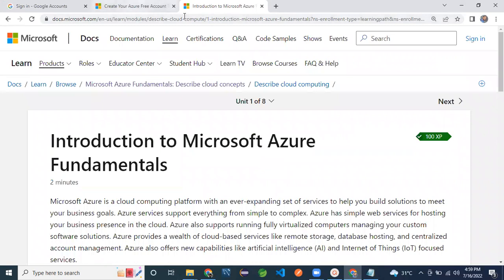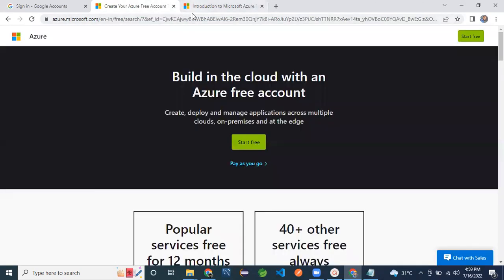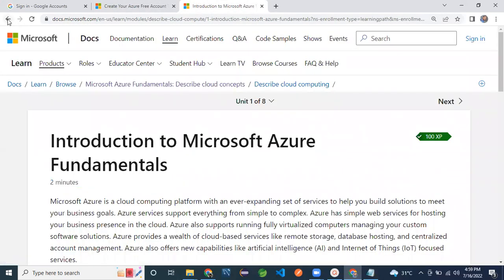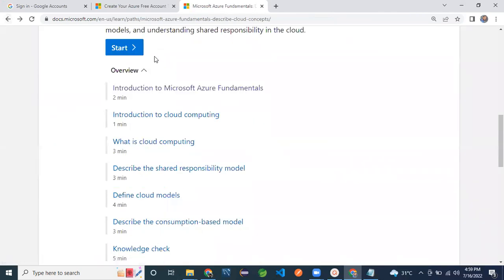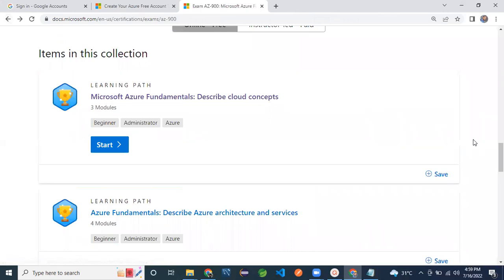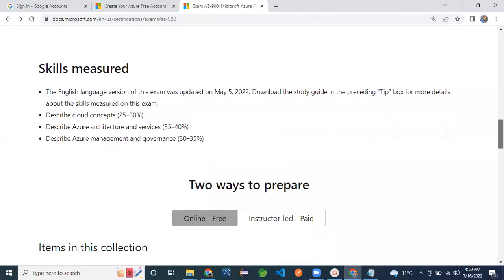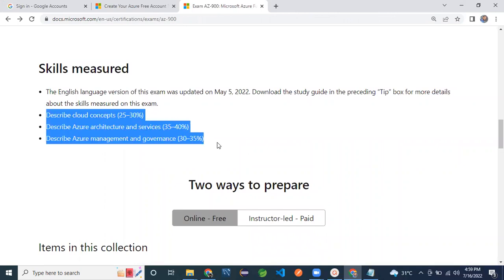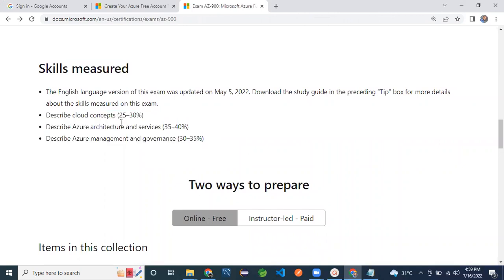So how to prepare: let me go back to the syllabus at the top, and I will tell you how to prepare. Here at the top, on the main page itself, they give the same thing: describe cloud concepts, describe Azure architecture and services, and Azure management and governance.